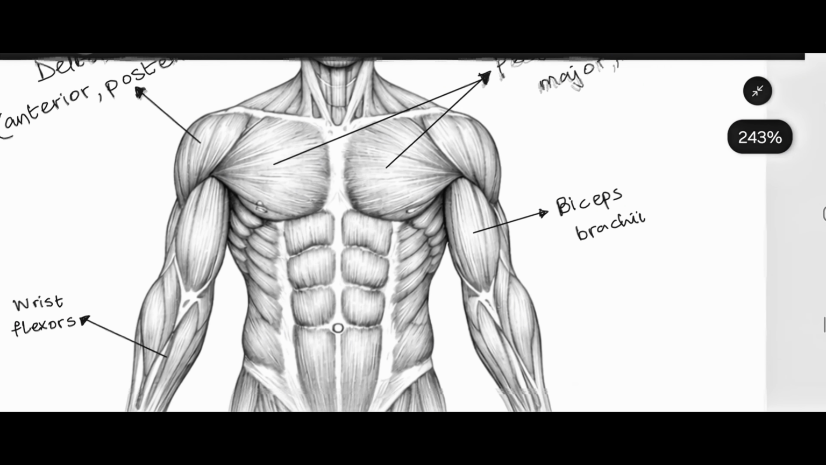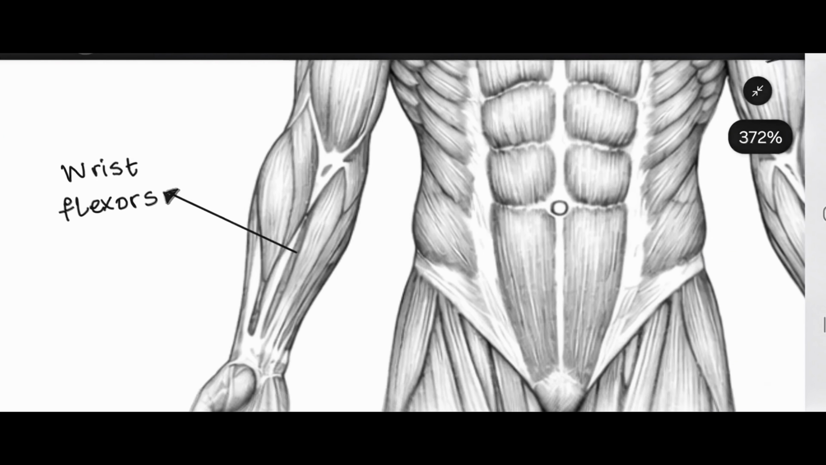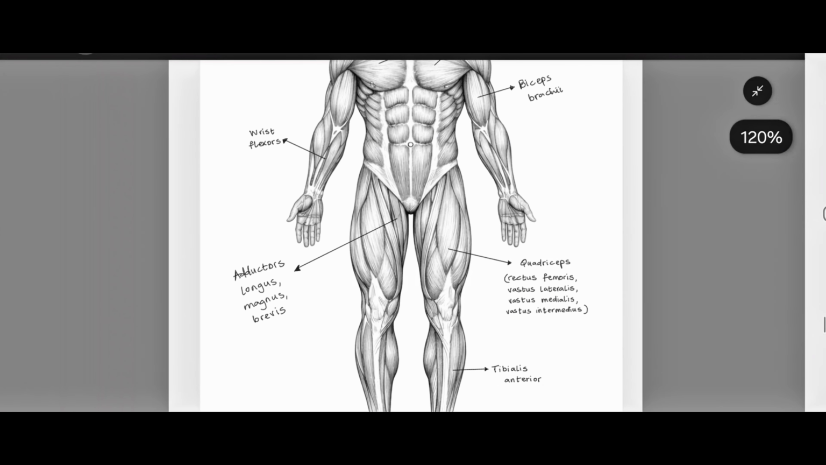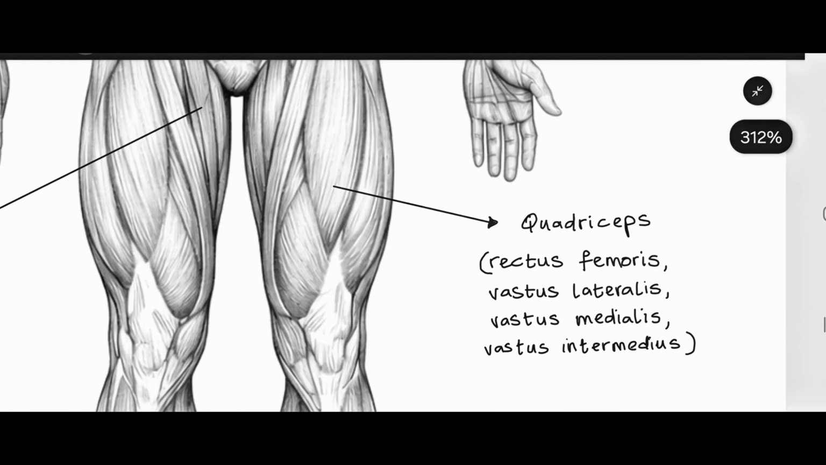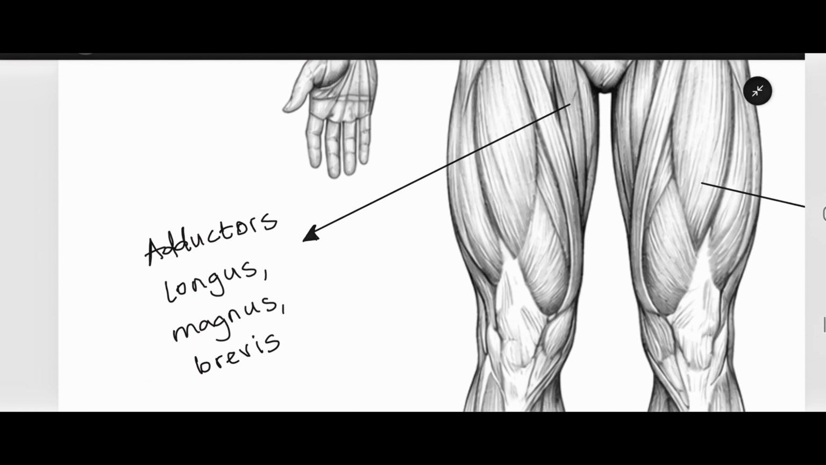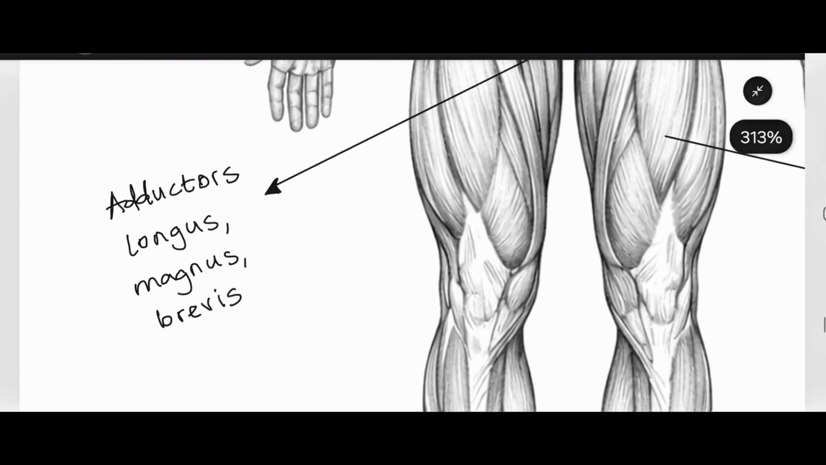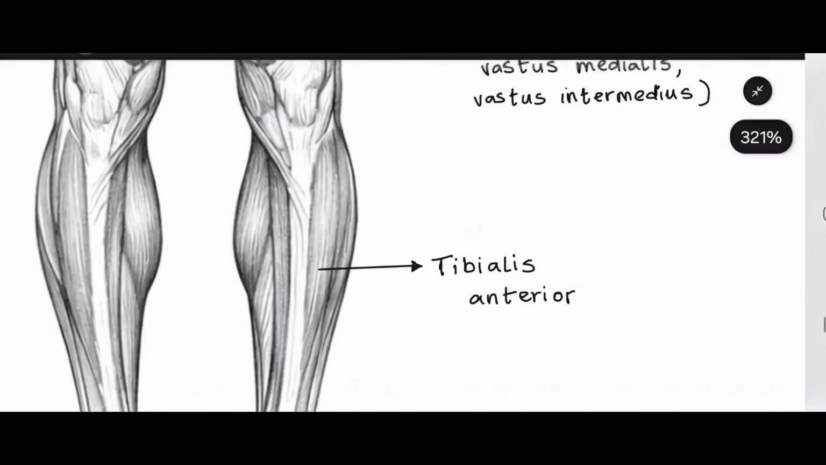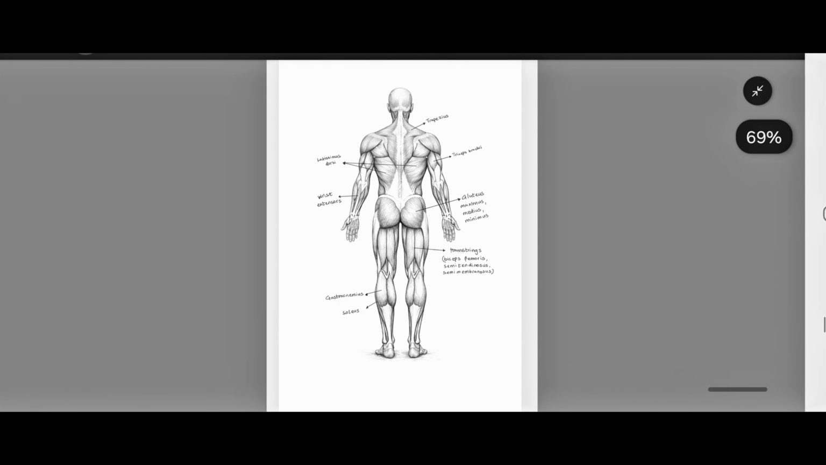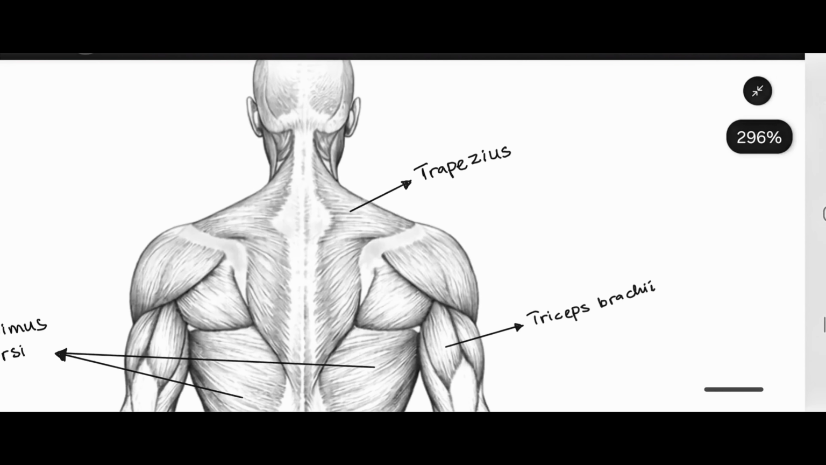Next, we have your biceps brachii. Then we have your wrist flexors. Then we have your quadriceps muscle at the front of your thigh. So your quadriceps are actually referred to as the quadriceps group because they are made up of these four muscles here. Then we have your adductors. Your adductors are also a group because they are made up of these three muscles here. Then we go down to your tibialis anterior,